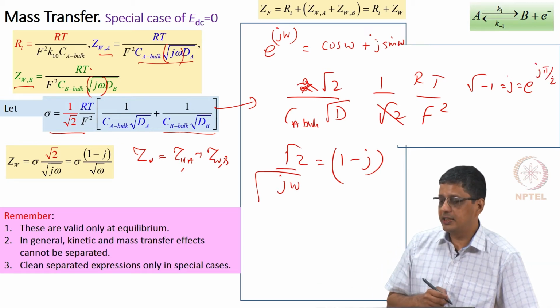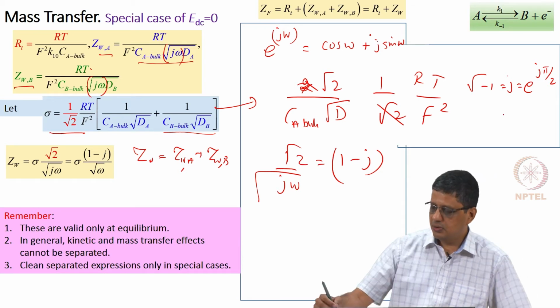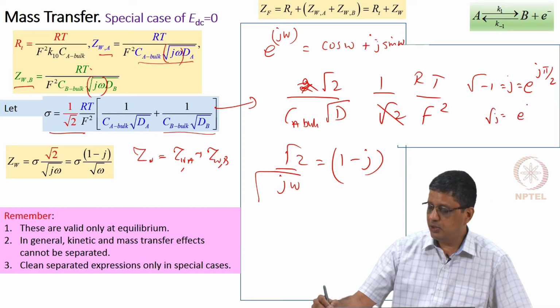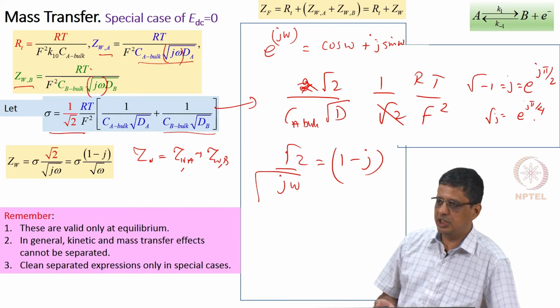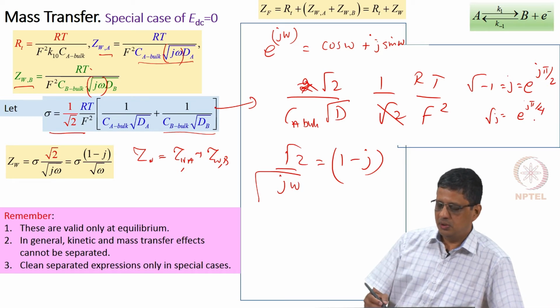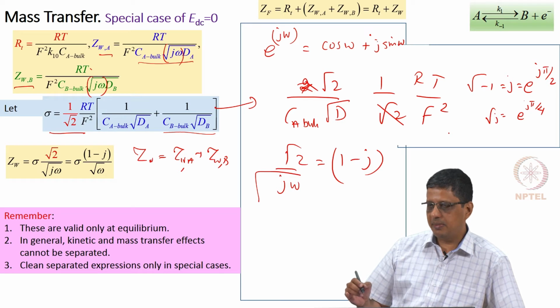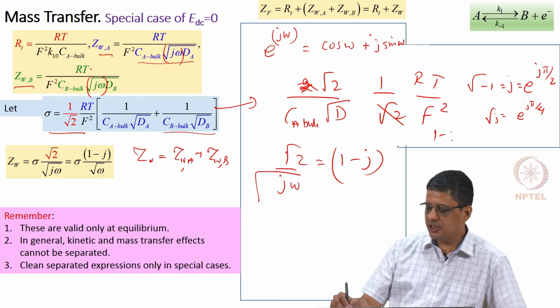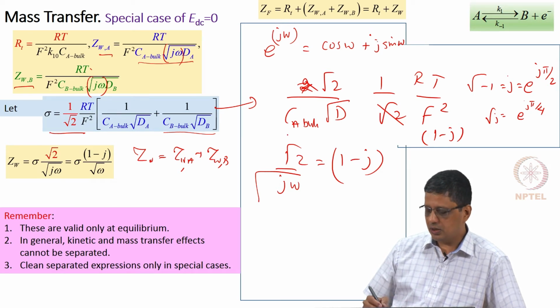j is actually written as e power j pi by 2, and you can get the square root or 1 by square root by looking at this. Square root of j is going to be e power j pi by 4, it is going to be cos pi by 4 plus j sin pi by 4. 1 by square root of j, similarly you can find that it is going to be cos minus pi by 4 plus j sin minus pi by 4. So, you get 1 minus j, except that you got square root of 2 as the factor, cos pi by 4 is going to be 1 by square root of 2.